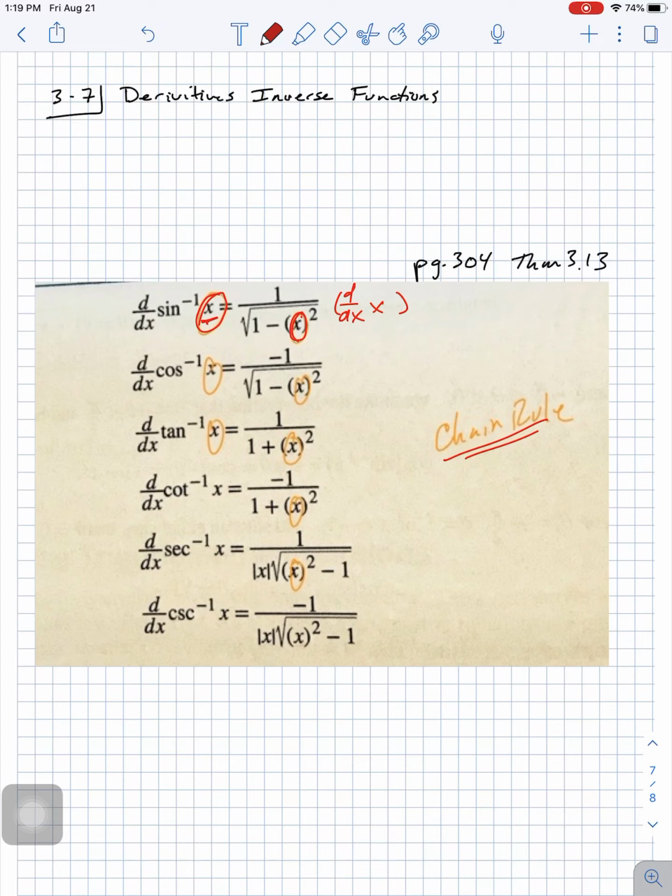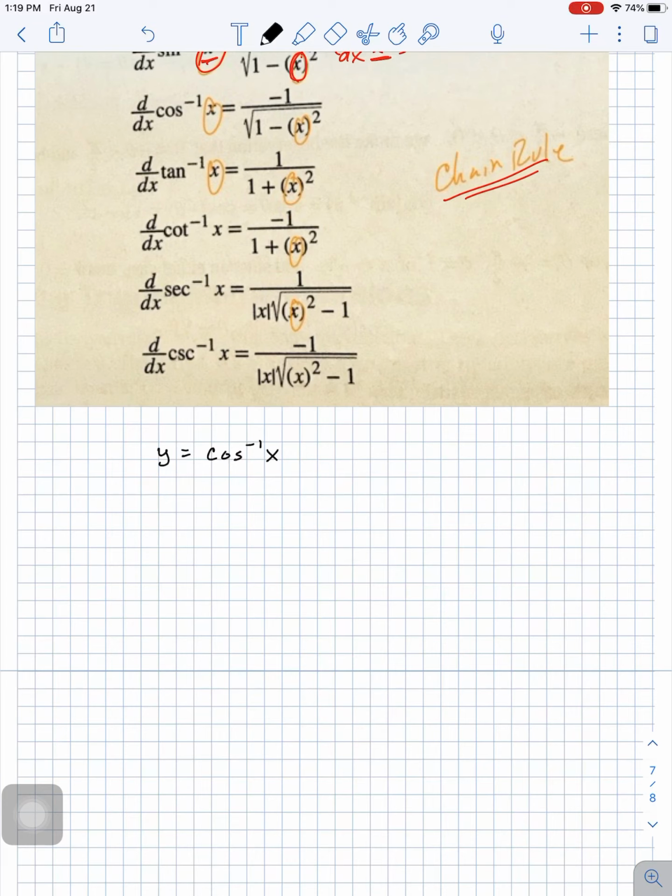Okay, so this is technically a chain rule, it's just that the derivative of that inside function is 1. So it doesn't change the value. So let's go through that formally so you can see that. If I have y equals cosine inverse x, and I want to know the derivative of that, I would say, okay, dy/dx equals, now